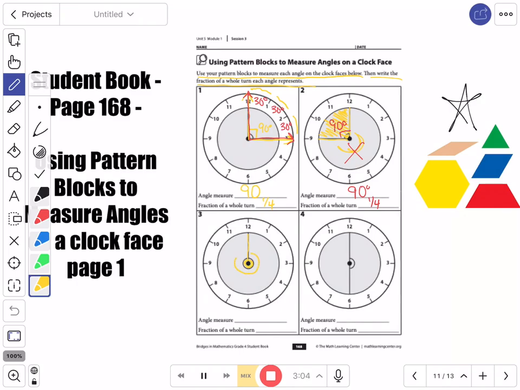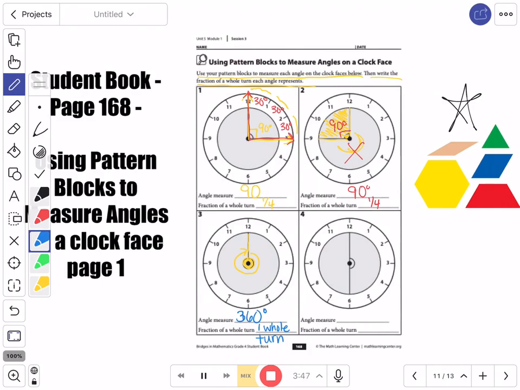All right, okay. Now, moving on to number 3. When I look at number 3 very carefully, it's like I went from 12 and I literally went all the way around and back up again. Okay, so think about how far around I went, right? The angle measure. So when you see this black line that's going around that dot, this black line that I'm highlighting, that means that's how far or how big my angle is, okay? So if I started at 12 and I literally went all the way around my clock and back up to 12 again, I went